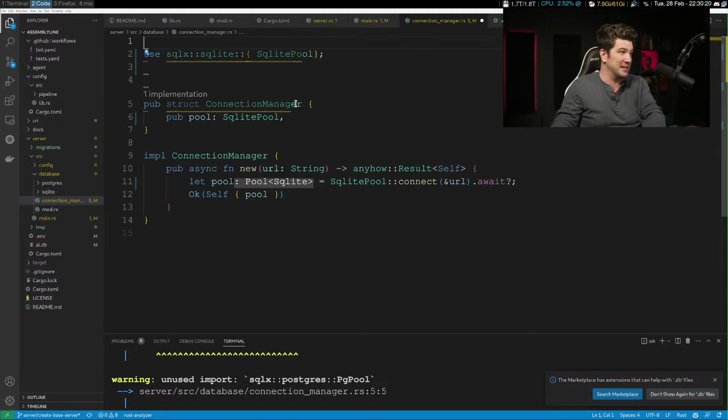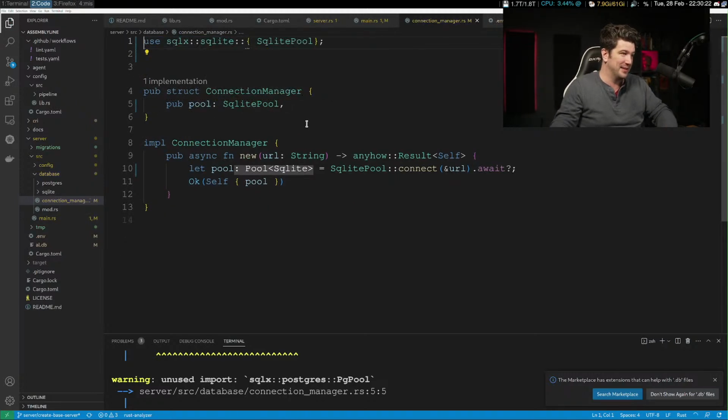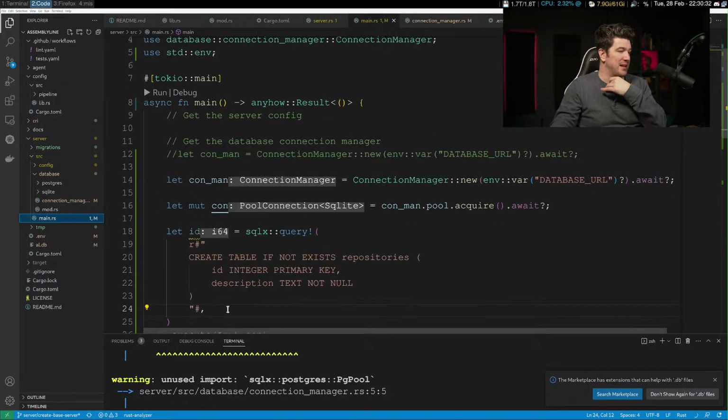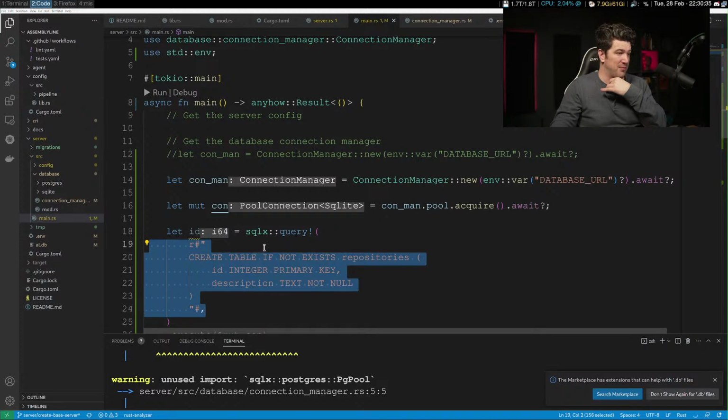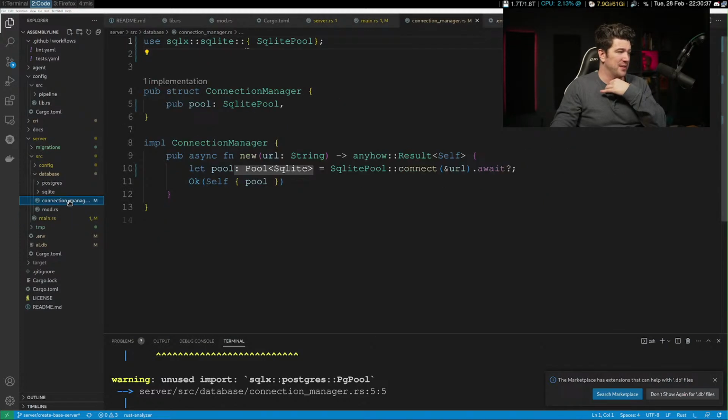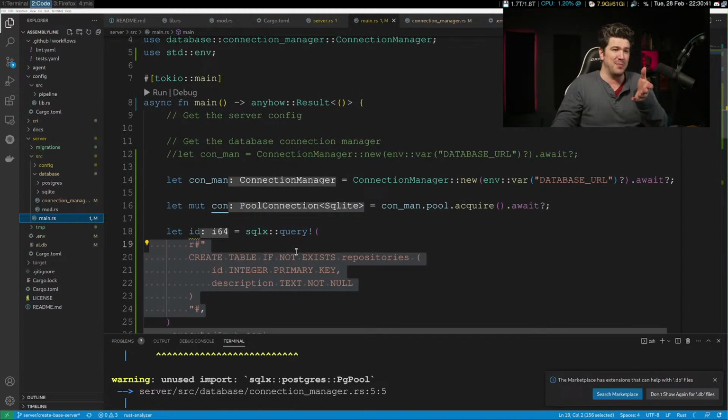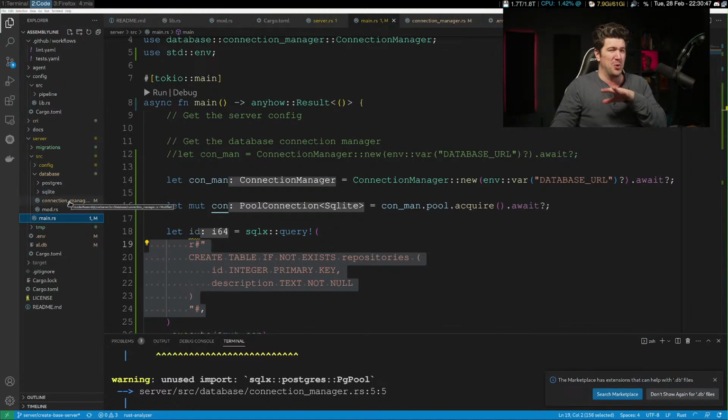This was just me experimenting a lot. Actually, I still want this connection manager, I think, because what I was going to do is instead of having these strewn everywhere, on this connection manager actually make a bunch of functions, like create the table or whatnot. So there were easy to use functions, and that's how I was just going to map it out, which I also thought tied in really well when we make it a plugin.